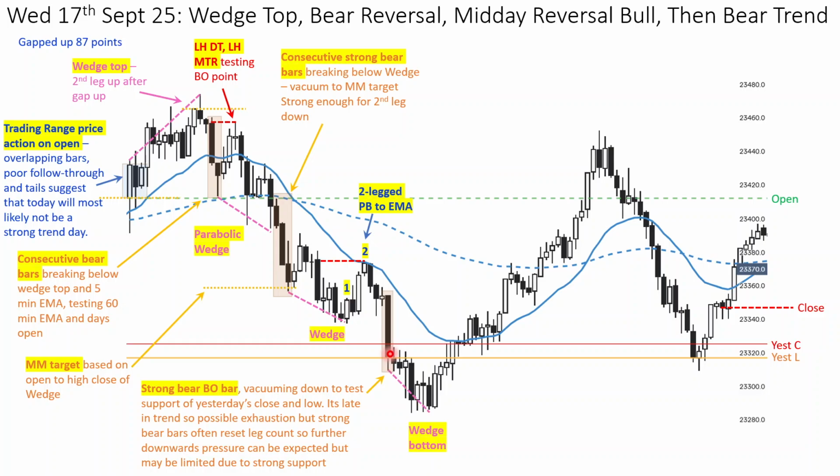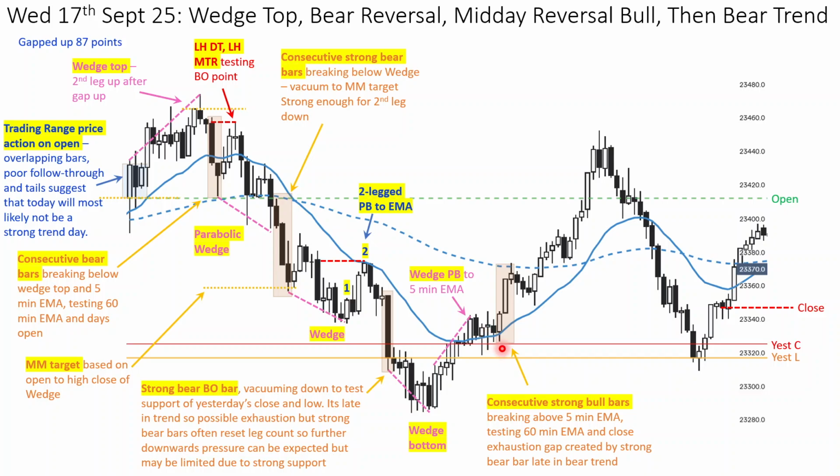leg count again, and then we have further downward pressure forming a small wedge bottom testing below these support levels. But obviously the market found buyers, and the price bounced back up, forming a wedge pullback to the 5-minute EMA, and this was then subsequently followed by consecutive strong bull bars breaking strongly